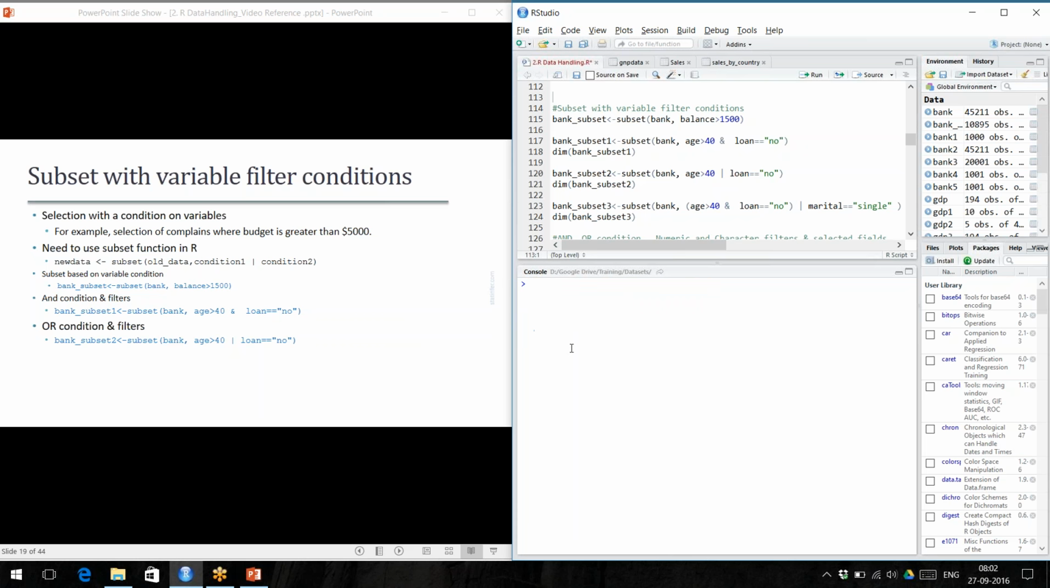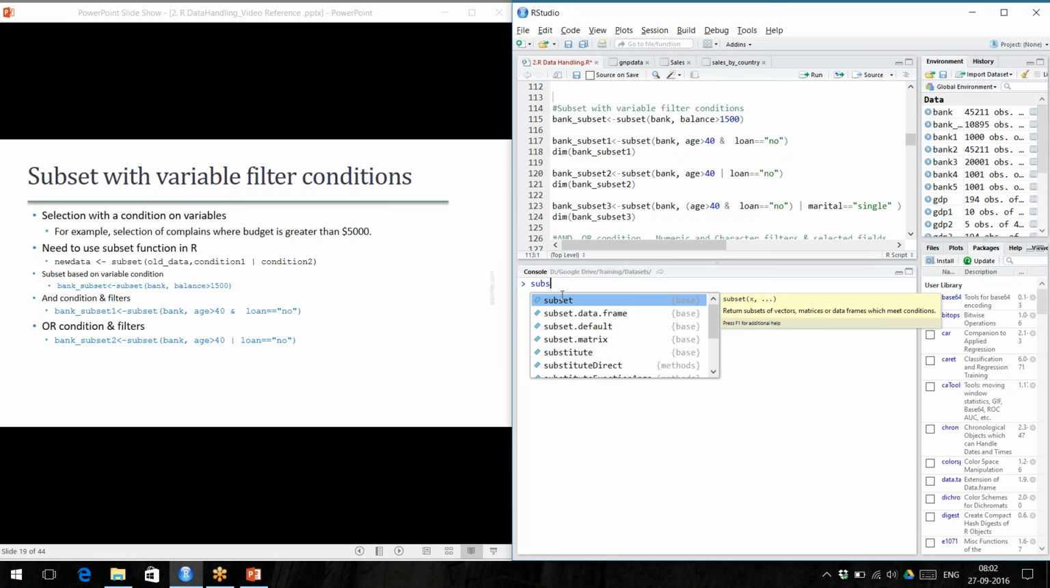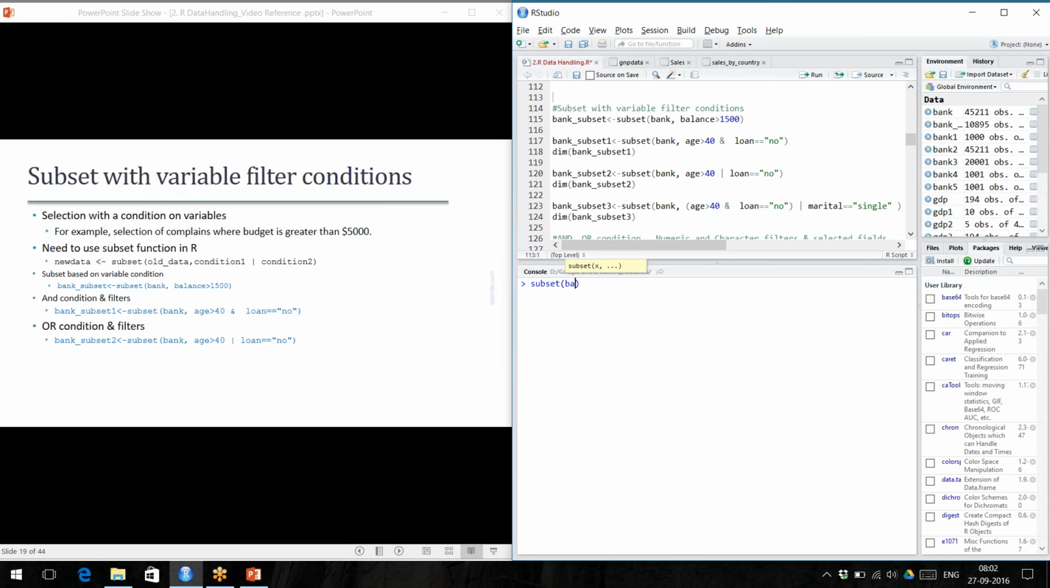In fact, we can give not only a single condition, we can give more than two conditions or many conditions with and or in between them. What do I mean by that? I can select a subset which says there are two conditions. One is age greater than 40 and loan equal to no. Age is one variable. Age should be more than 40. Loan should be no. I want to select all such customers. So how do I write it? I write subset, then the dataset name bank, comma, age greater than 40 and loan